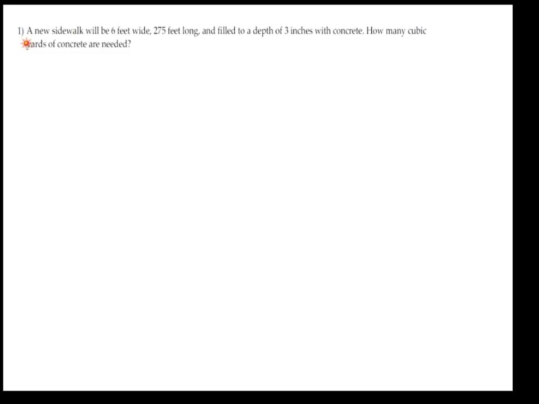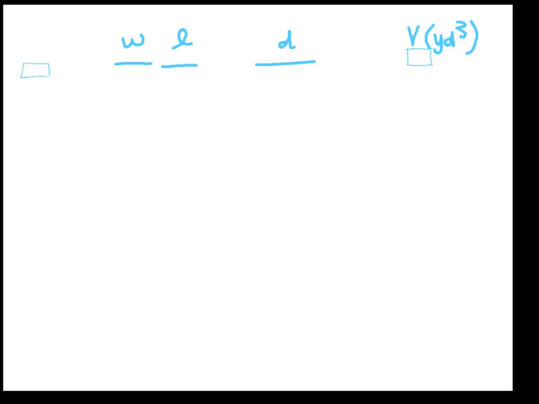Okay, so looking at problem number 1, a new sidewalk will be 6 feet wide, 275 feet long, and filled to a depth of 3 inches with concrete. How many cubic yards of concrete are needed? There are a few things to note with this problem. We are asked for cubic yards. So cubic yards are the set of units that we want to solve for. And we know that this is volume, so we are asked to identify how many cubic yards of concrete are